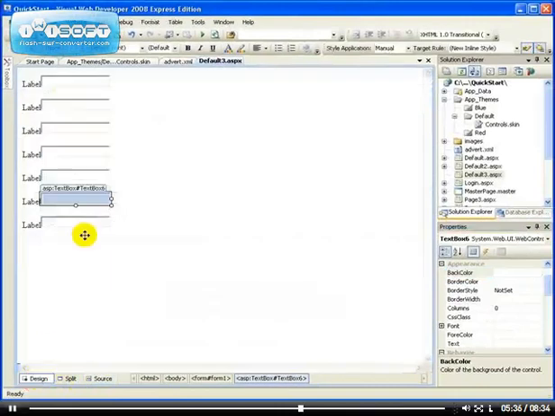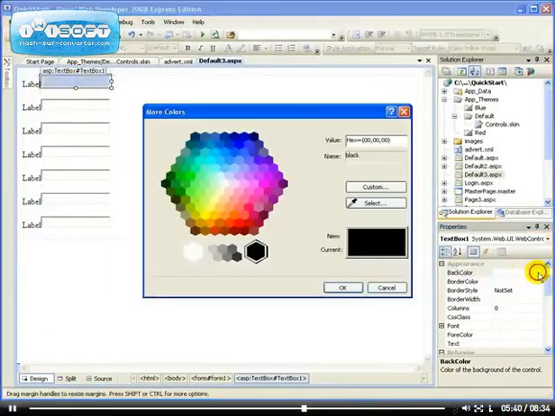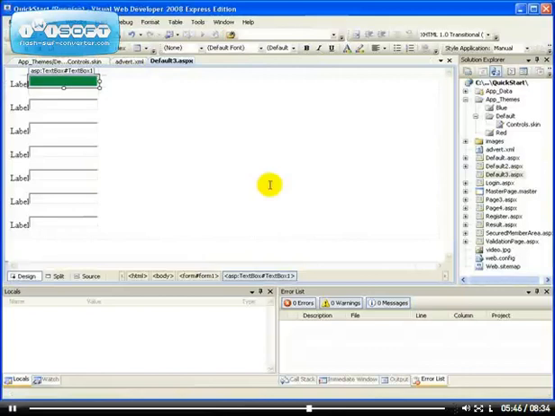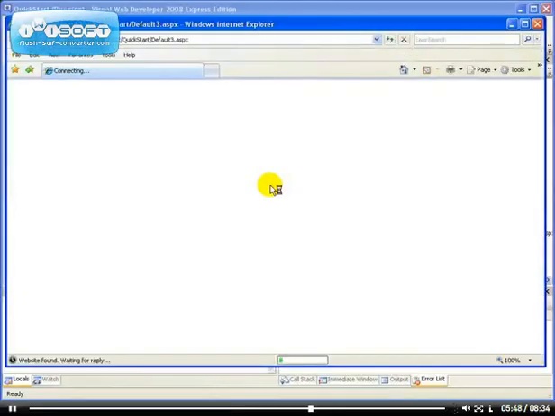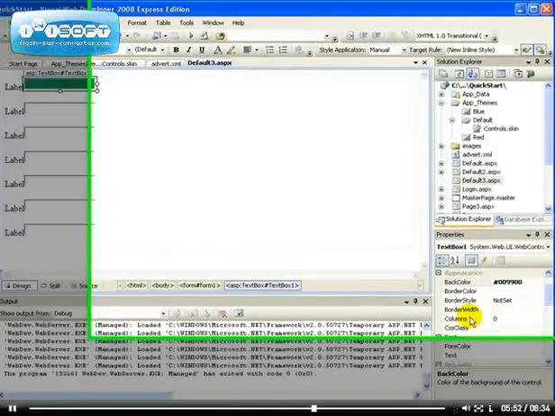Say for example, you want to be able to modify this one to green, so let's do that now. I'll choose a green color. That will be the background color of that one. If you run the application, you already know what is going to happen. It will never be green, it's still going to be the same color. So you can override the